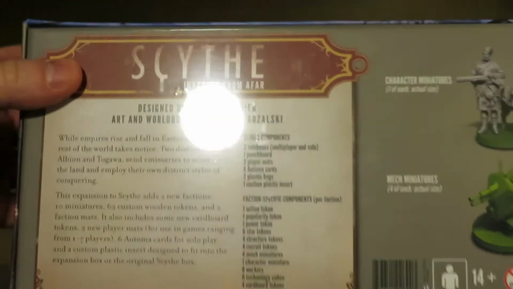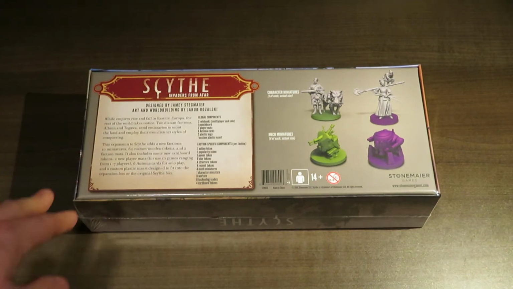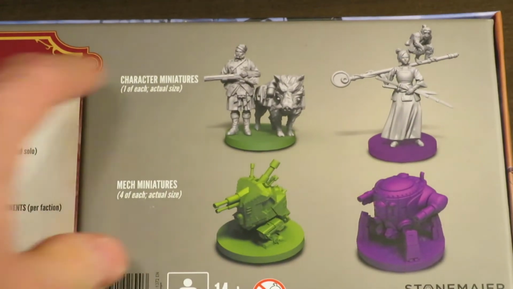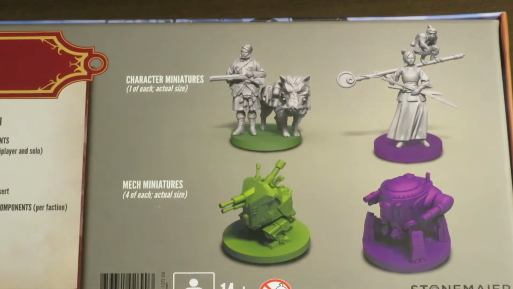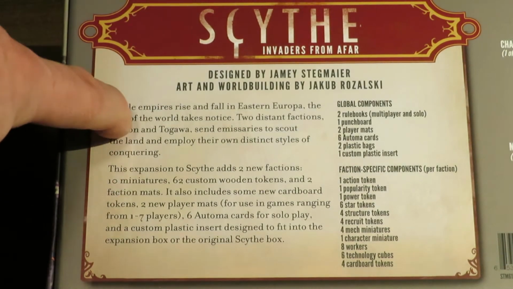So we got the back of the box here. It says Scythe. We're going to zoom this in so you guys can see it a little bit. We'll read it, and I'll go over what's on the back here, and then we're going to actually, of course, tear it open and see what's inside. So right here, you're going to see we got a couple character miniatures, mech miniatures. We're going to see them outside the box in a few seconds, so I won't show too much more of that. This section of the box here basically just gives a little bit of text and flavor text to the